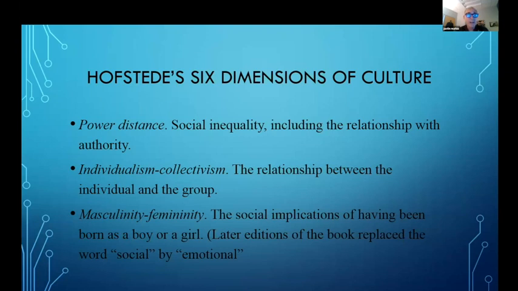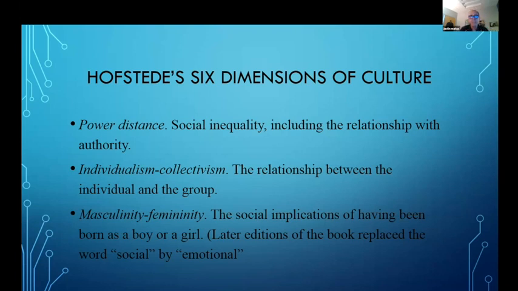And they were worldwide. So he was able to play around with this data, and it represented many, many countries. And he came up with this notion that there are these dimensions of culture. Originally he only had 4. He has since added a 5th and a 6th, and it's not like they're added every week. So over the span of about 40 years, this is where he's landed on these 6 dimensions.